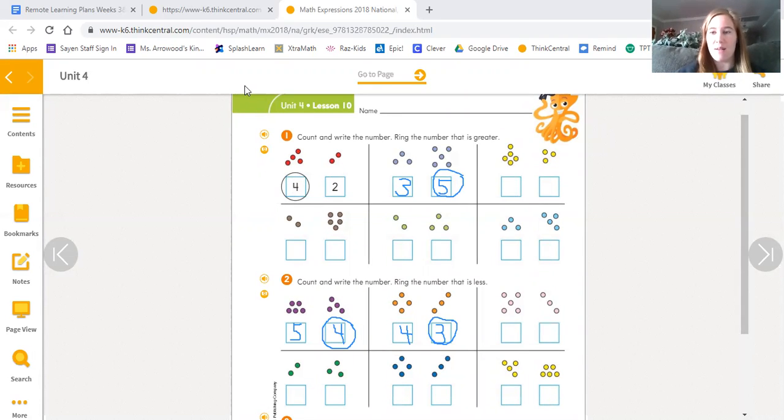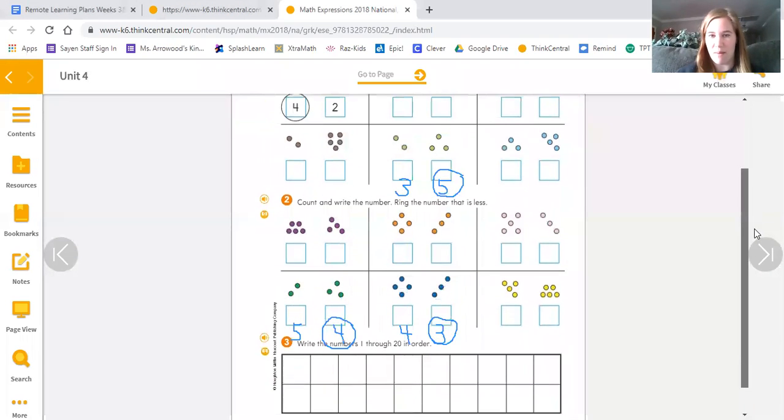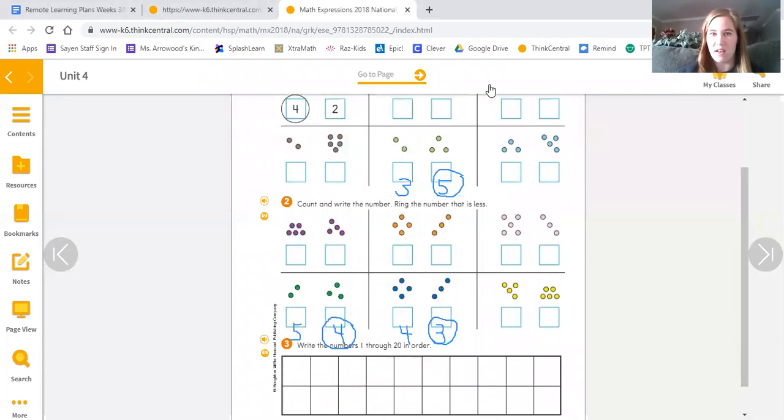Now, I'm going to go down, and it's going to move this. So I'm going to have to erase it. And if you need to go back, you could always rewind the video and go back. Down here, same thing. We're going to follow the directions, and what it says is to